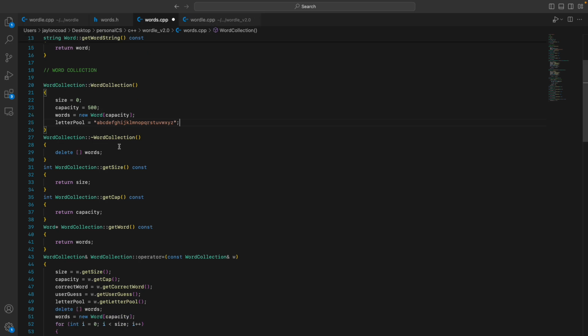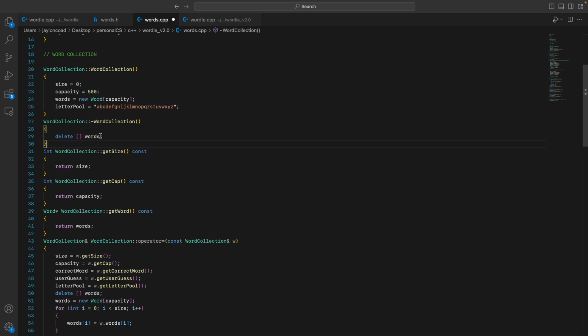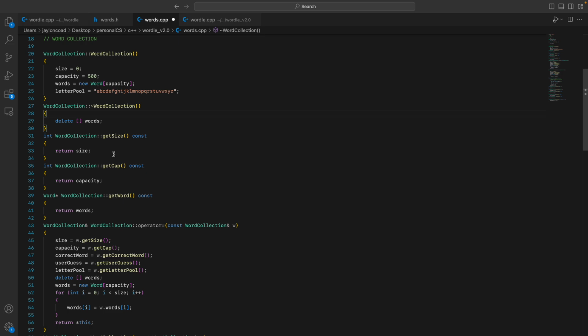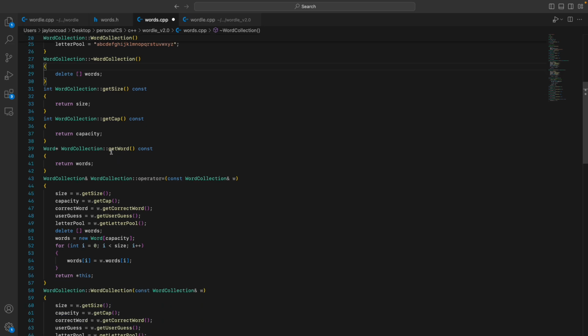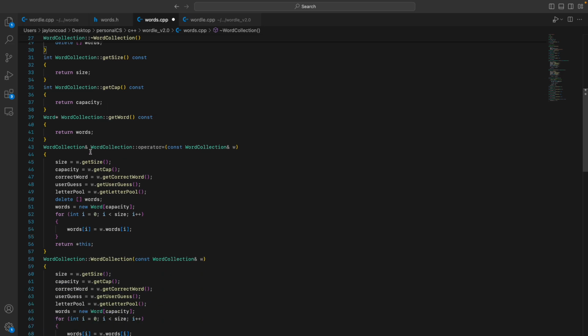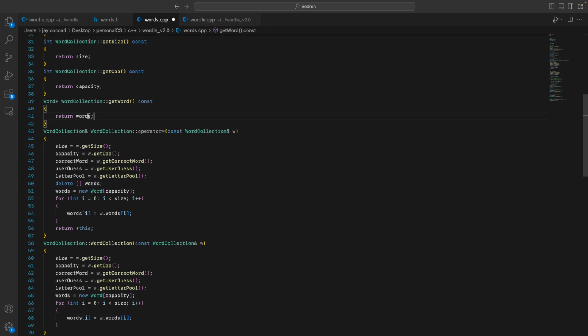I'll explain why. But so I have my destructor, which just deletes the dynamic words list for garbage collection at the end of the program. Getters, which just return private variables. This actually returns a pointer since words is a list. And then I have my assignment operator overload, which basically just